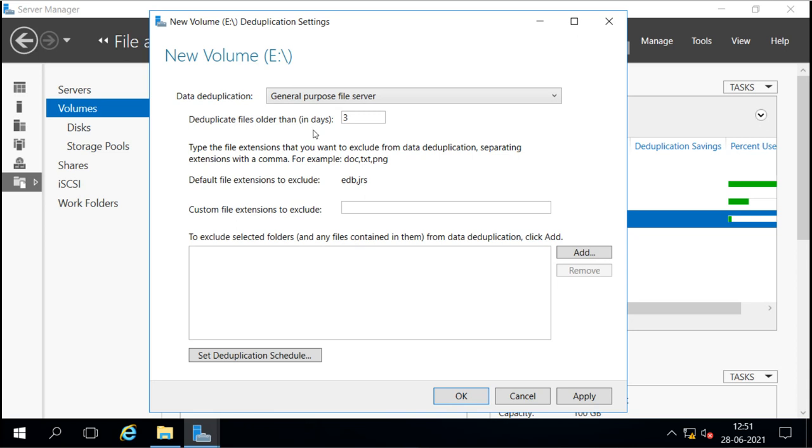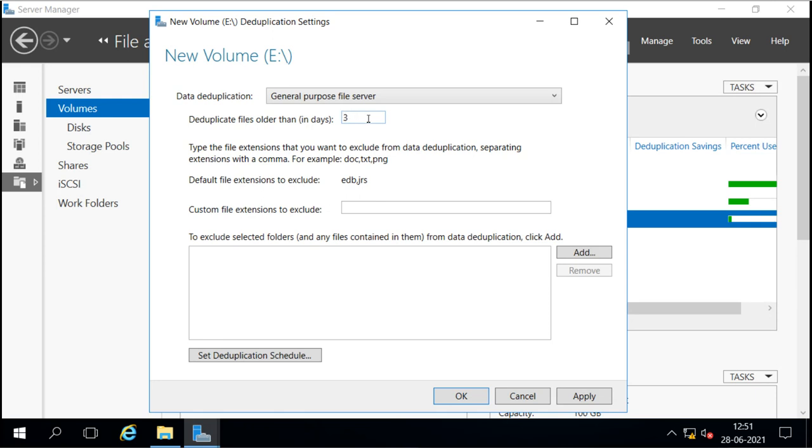Now it is saying here, duplicate files older than this many days. Here we can decide how old the data should be before we remove it, like 1 day data, 2 day data, 3 day data. Even if the data is duplicate, we can still keep it for this number of days.